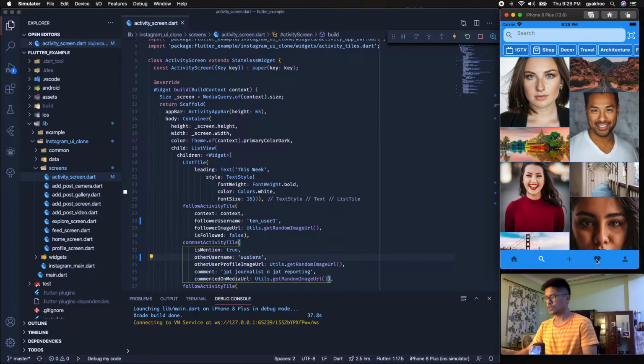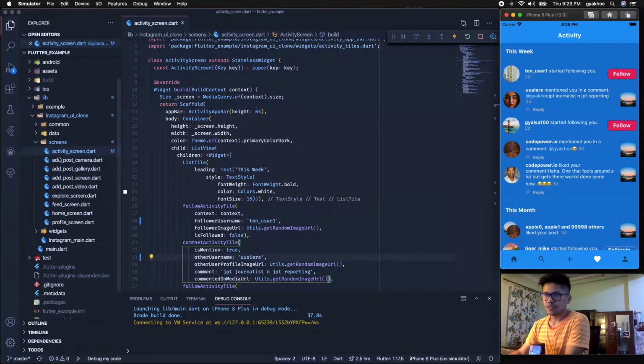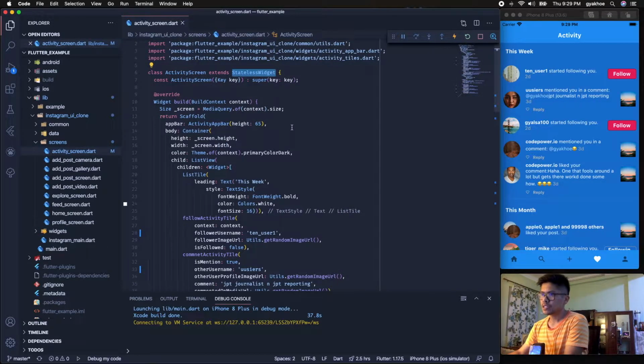So let's look into the Instagram activity screen. This is my folder structure. I have placed all the screens in the screens folder, and this is the Instagram activity screen. The Instagram activity screen is a stateless widget, and I have used a custom activity app bar that has a specific height of 65,